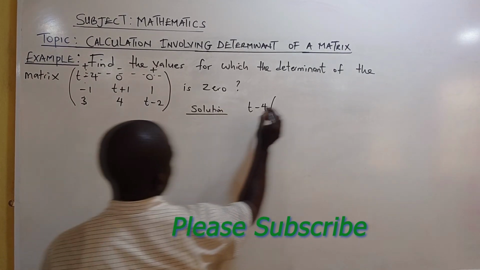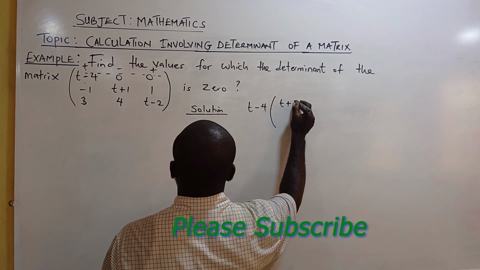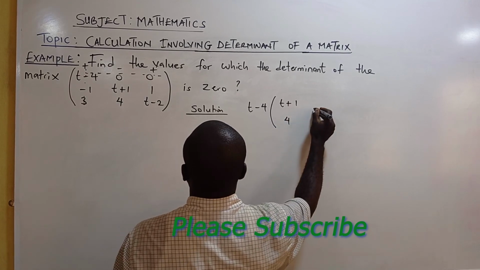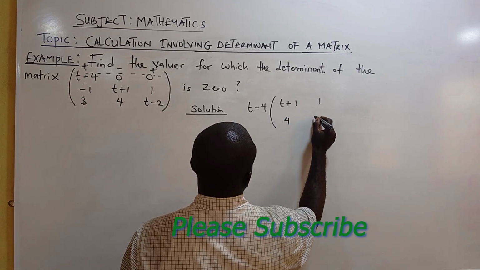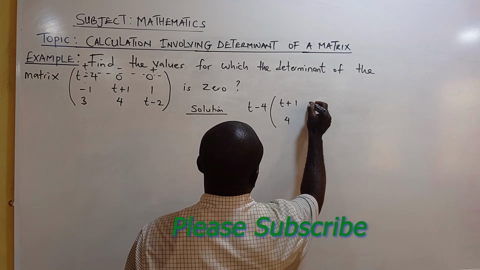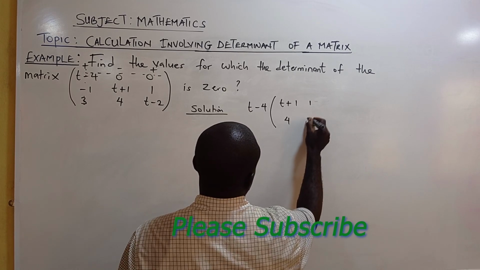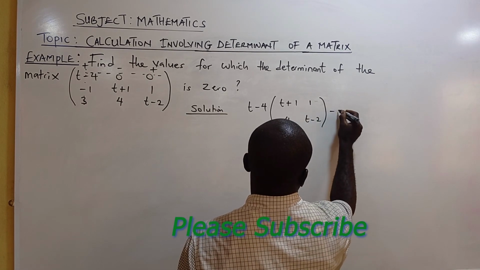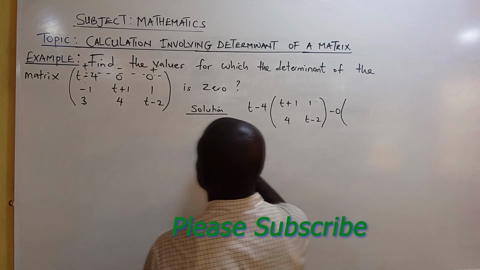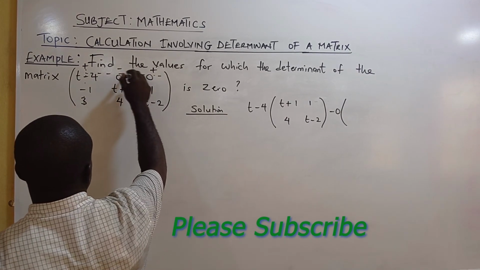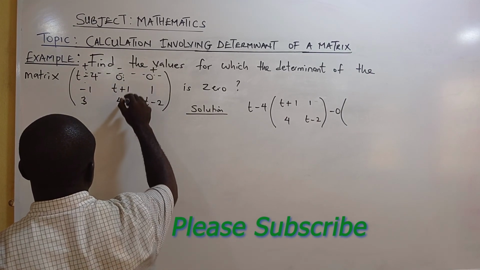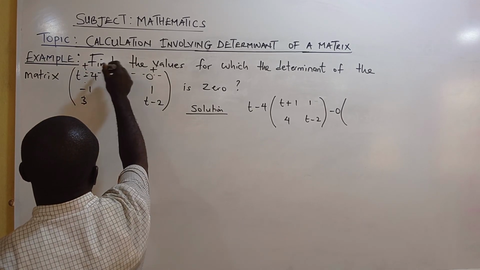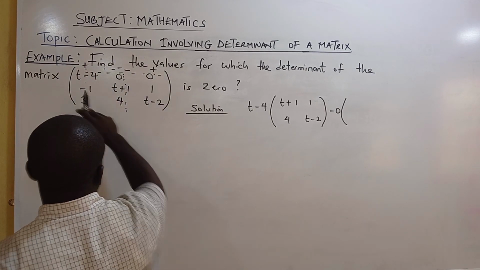If you are left with this, t plus 1, 4, 1, 1, t minus 2, minus 0, open bracket. When you are picking this 0, cancel this out. Is that okay? Vertically and horizontally, you are left with minus 1,